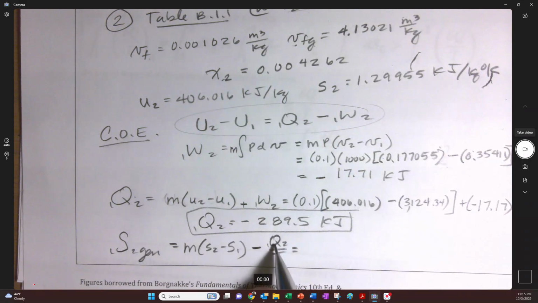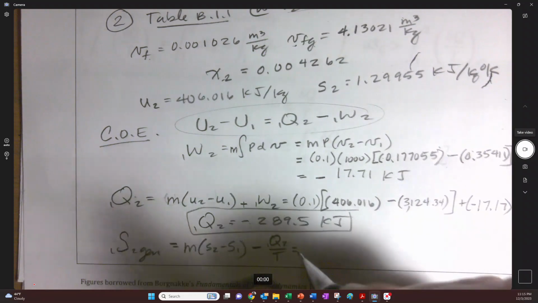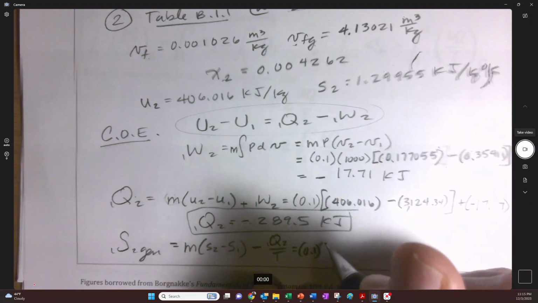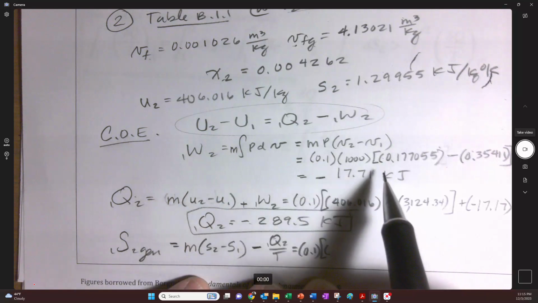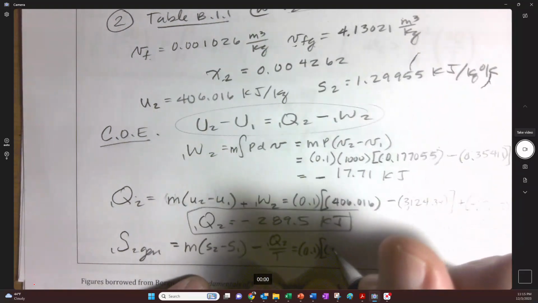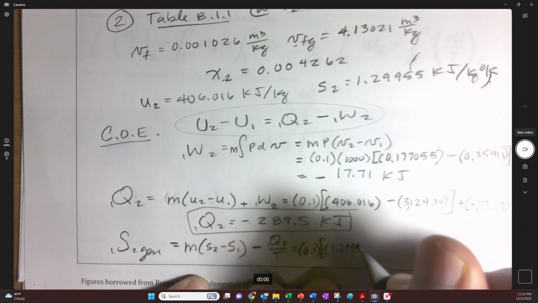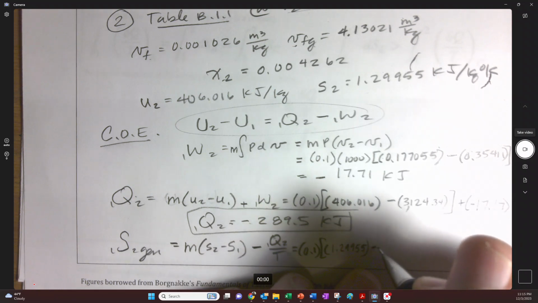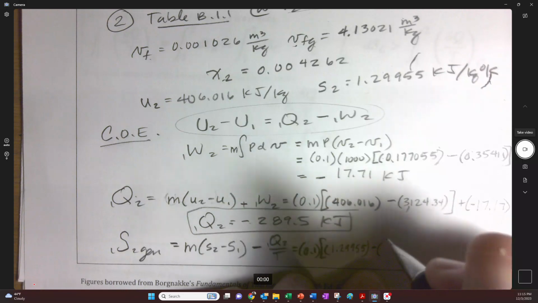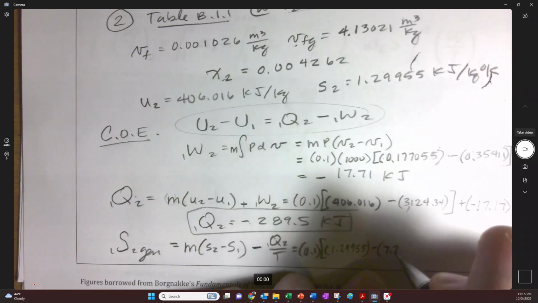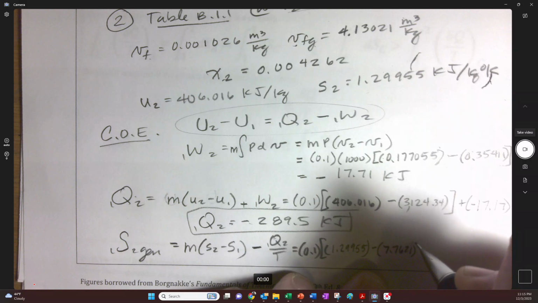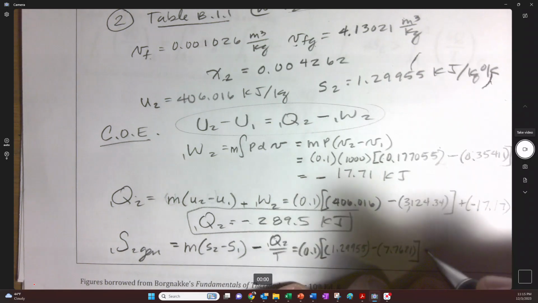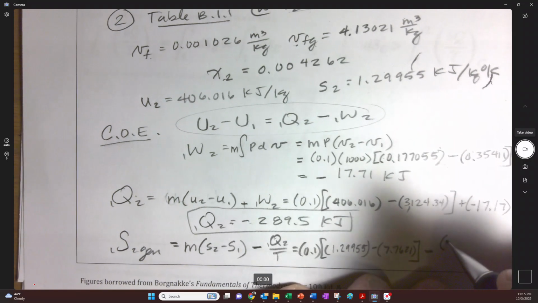But mind you, that's going to be a negative Q, so be on the lookout. 0.1 times our S2, which was 1.29955, minus S1, which was 7.7621. Oh no, we're going to get a negative S, but here's the negative, and there's the negative